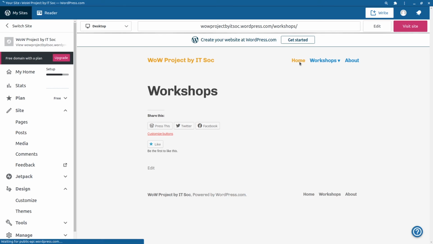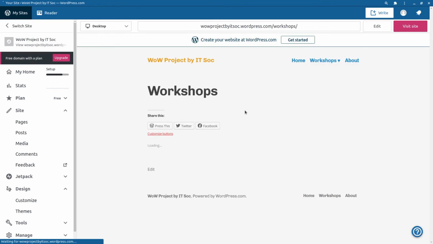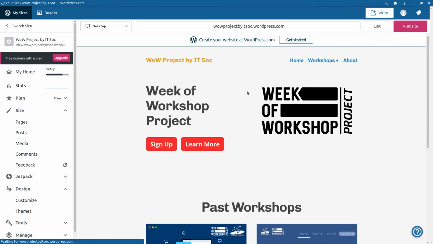So it's up to you if you want to complete this page or not. For me, I will leave it like this unless I really go public with this website, as this is just a demo for you, so I'll leave it blank like this, but you can add this. Maybe you can do it like the home ones where you can add multiple images or multiple banners for each workshop.